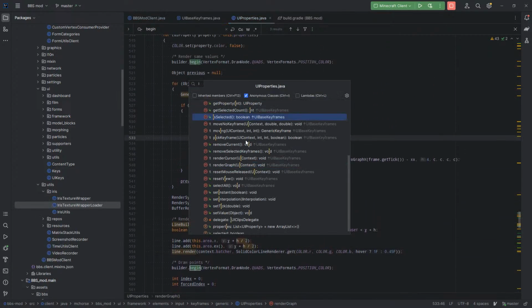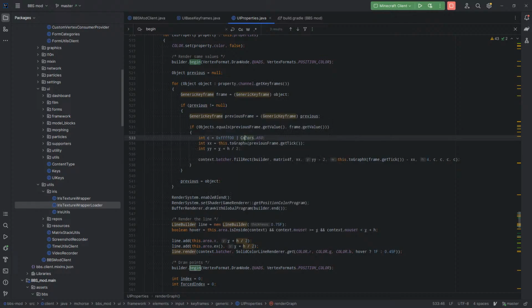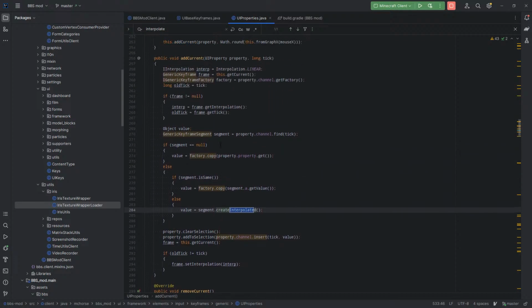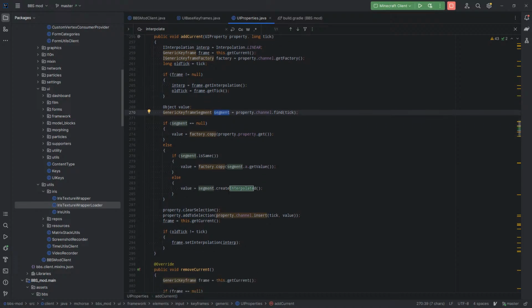The properties insert, I think. So here. Zoom is gonna be copied and then it's interpolated. So the keyframe is gonna be inserted here, but